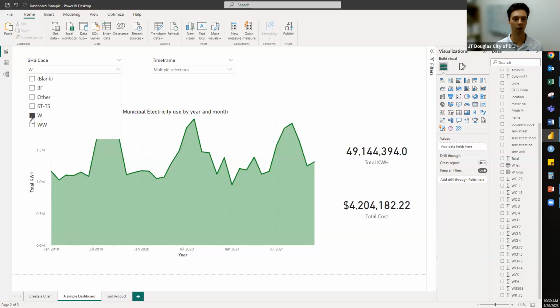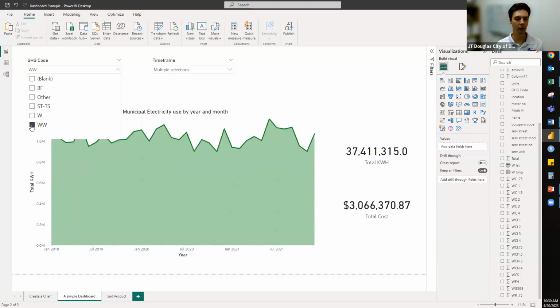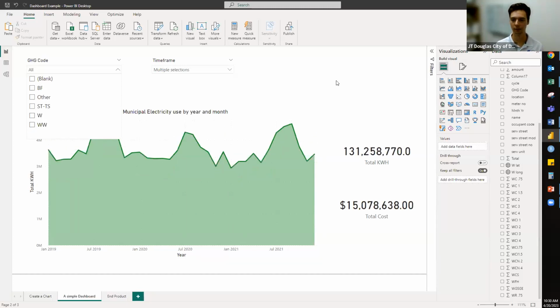Again, in the summer months from our water production side, our water production is working harder. But maybe if we take a look at wastewater, not so much, right? Wastewater, because all of that water production in the summer months is going to outdoor water usage, is staying pretty consistent in terms of electricity usage because they're running at a more consistent threshold when it comes to the water that's coming into the plant. And so just from a simple dashboard, we can gather some different information about our city and answer some questions.